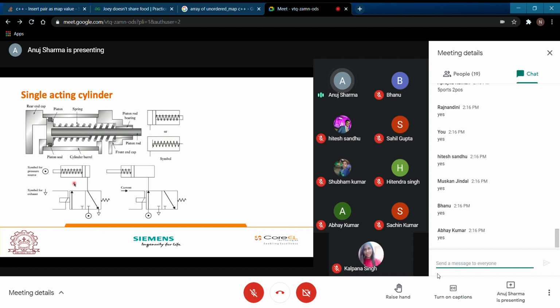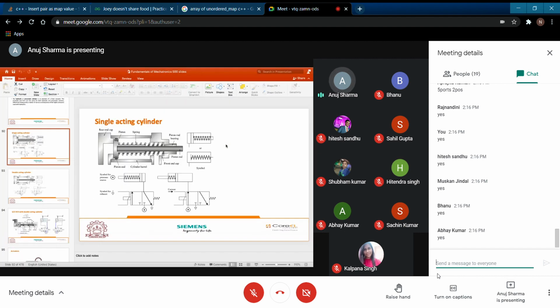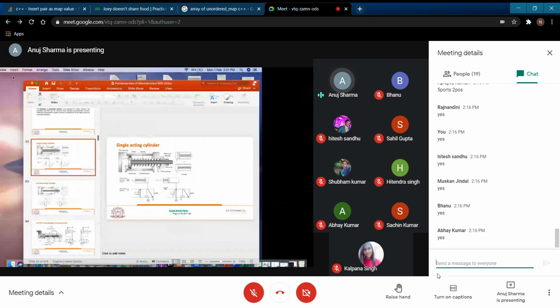Now just do one thing: draw this particular diagram and send it to me. Okay, WhatsApp is not working here, so what can we do? You just draw it on your own, and we will look at it later. Just take a screenshot of this particular image because this is important. Kindly comment yes in the chat box if you have taken the screenshot.